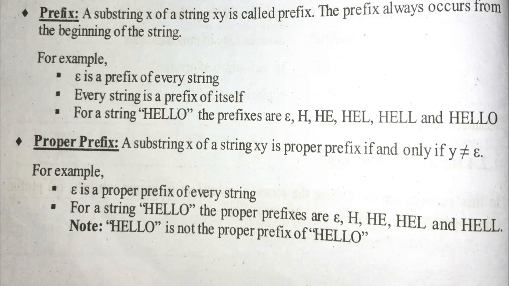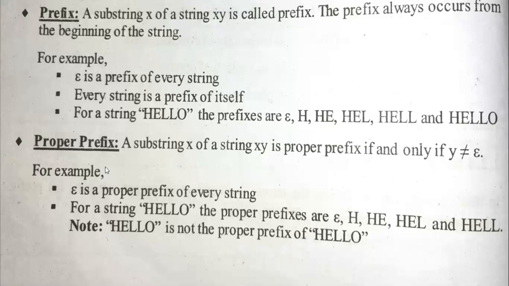For a string hello, just observe, we got an example over here. For the string hello, the prefixes are, including epsilon, remember, epsilon, H, HE, HEL, HELL, then hello. These are all we are calling prefixes. You need to begin from the left-hand side of the string. First it will be H, then HE, then HEL, then HELL, HELLO. Then what exactly does proper prefix stand for? Some condition should be posed for this prefix, then it will be called a proper prefix.